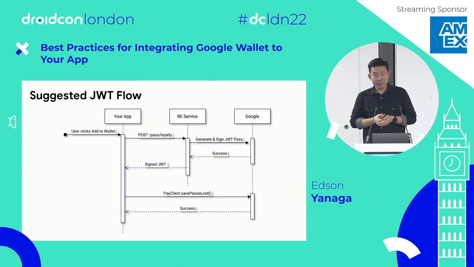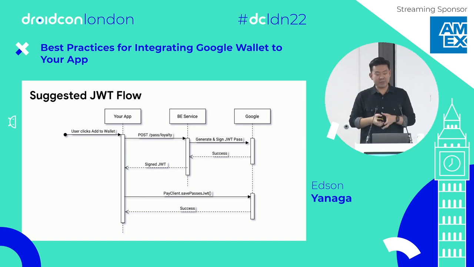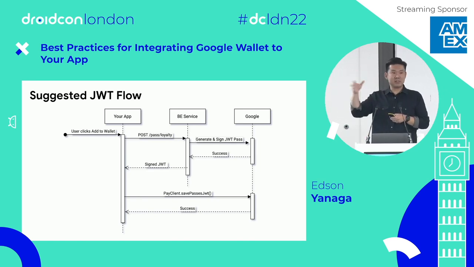So the suggested JWT workflow when you're using server-side generation for your pass is that your user clicks the Add to Google Wallet button. Your app is going to post to your backend server, saying I want to create a pass. Your backend server is going to create the JSON. Well, let the backend engineers deal with the JSON. So they're going to create the JSON,